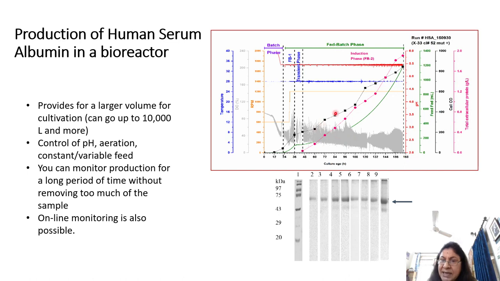The black line is representing your cell OD, and the pink line represents the total extracellular protein, because as the cells grow in the feed, we have also introduced an inducer called methanol. Okay, because the system is designed in such a way that methanol is going to act as an inducer. So at this particular point of time, which is called fed batch 2, FB2, we bring in some methanol also as a carbon source, which induces the system. All right, because our human serum albumin is under an inducible promoter, which can be induced by addition of methanol.